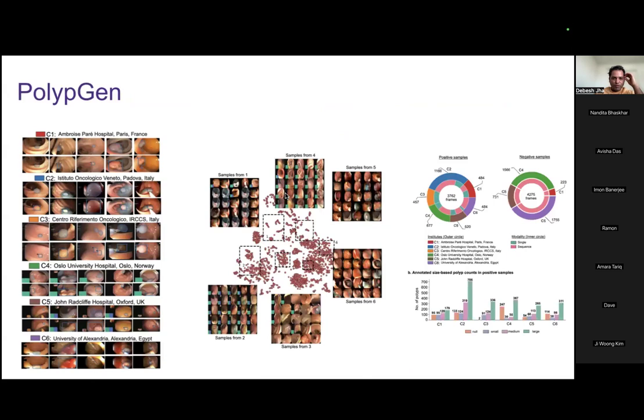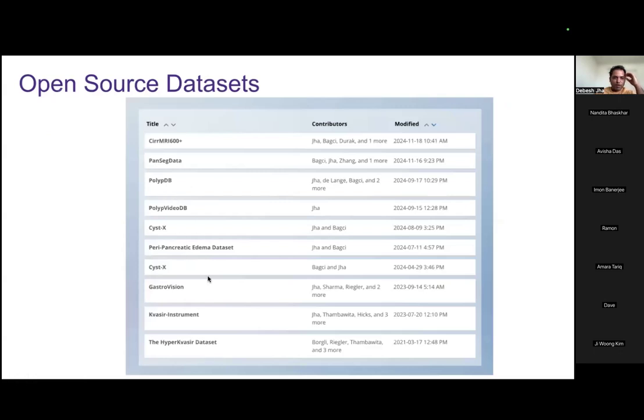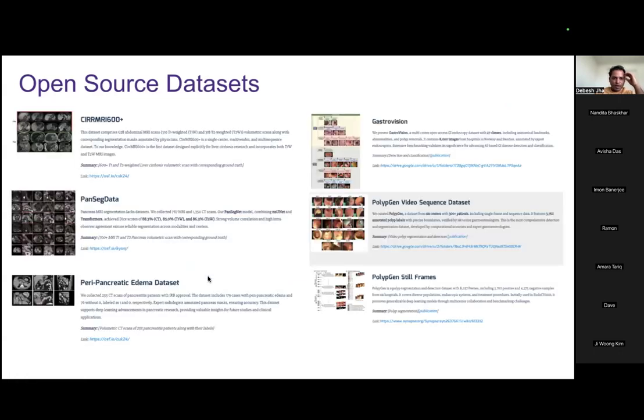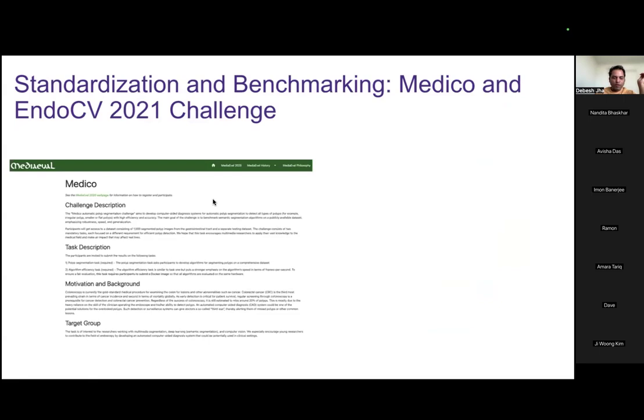And then again, we release some of the data set in collaboration with University of Oslo. And these are some of our open source data set. So after releasing the dataset, or after developing some novel dataset,